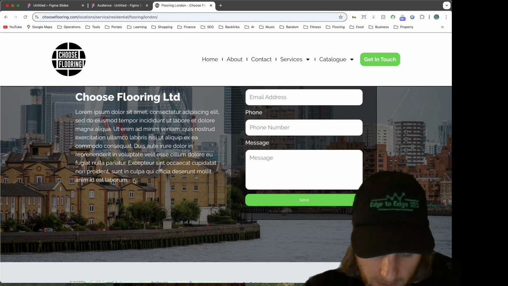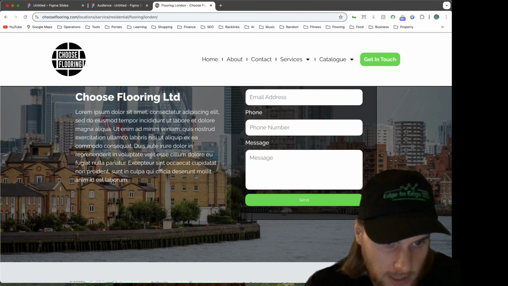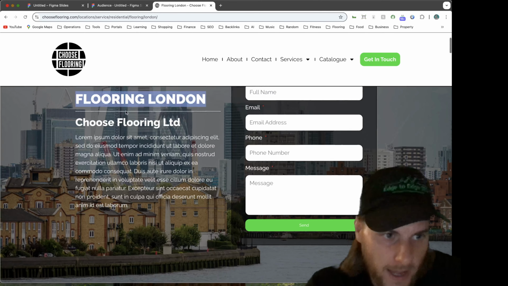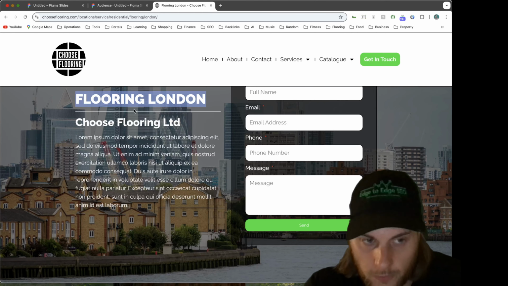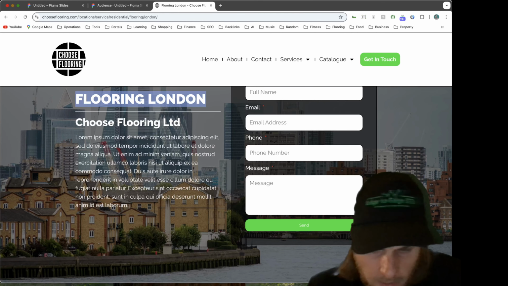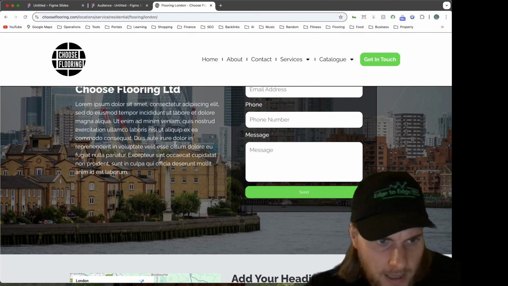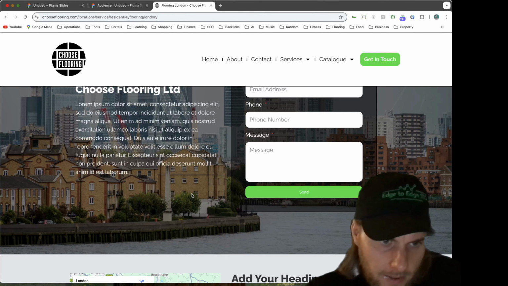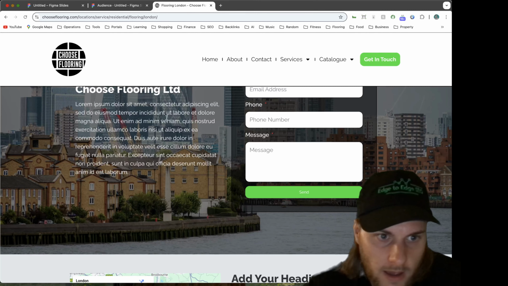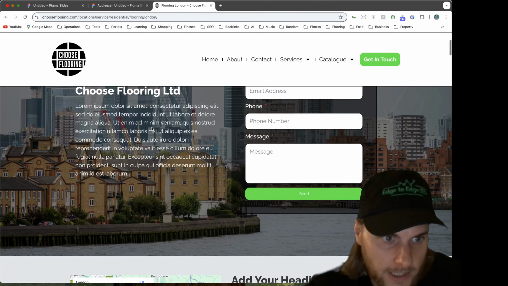And it's at that point, when you're absolutely certain that you cannot rank this page for those terms, that you would then go out and create the wood flooring London page. And then you can start creating specific content around wood flooring London, and start building backlinks to that page with the relevant keywords, and really start targeting that particular keyword in that particular location.